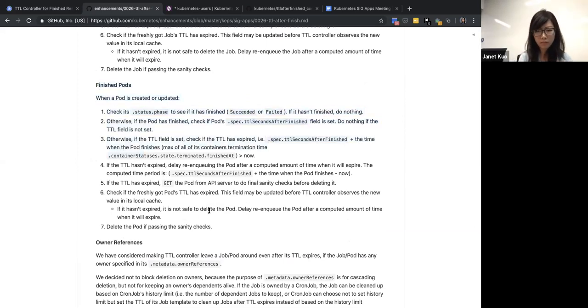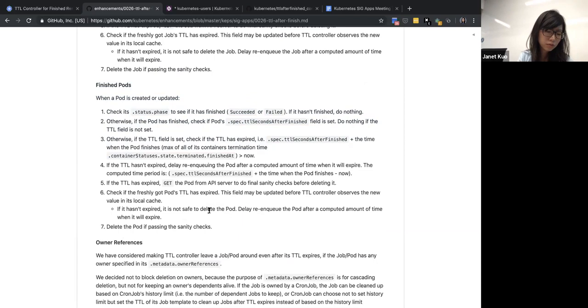So basically one of the things that I want to implement with this feature is to implement the TTL feature for pods as well, and also figure out whether we want to put this field in spec or in metadata.